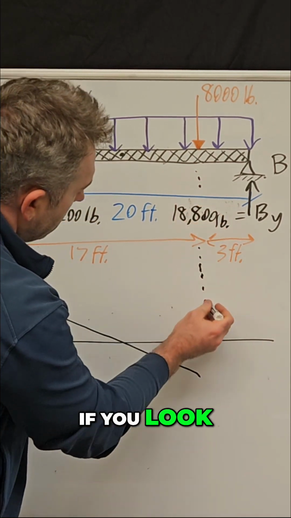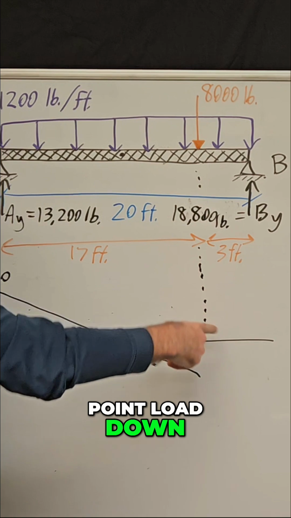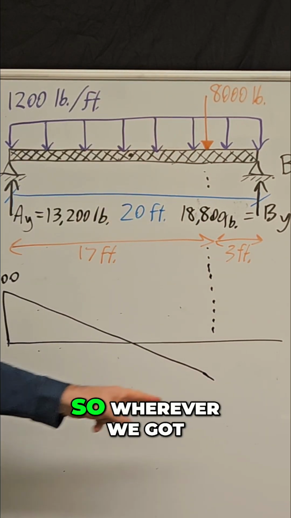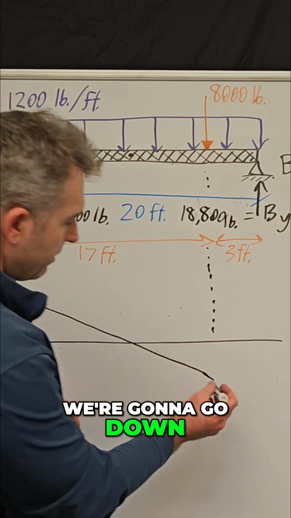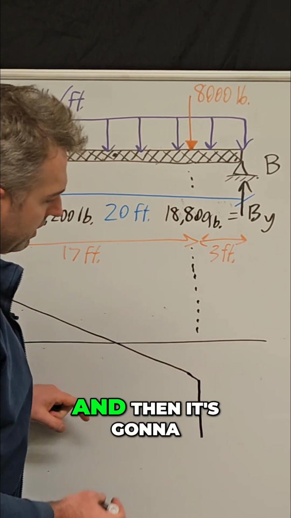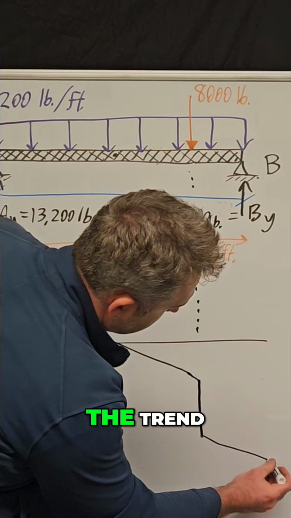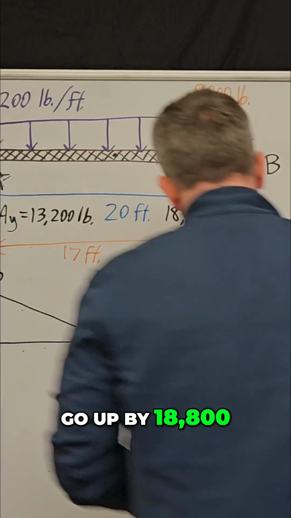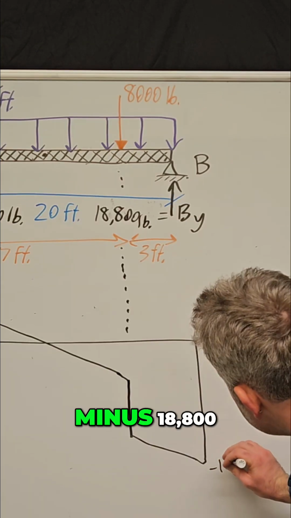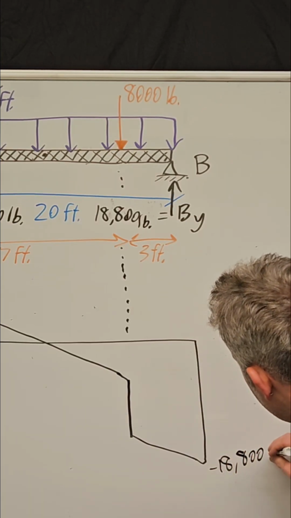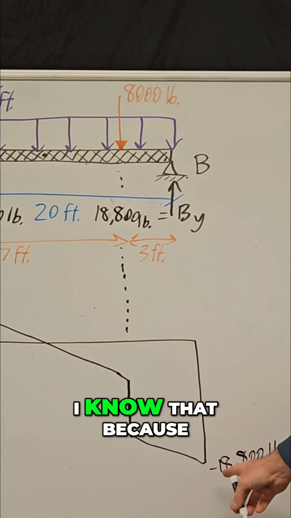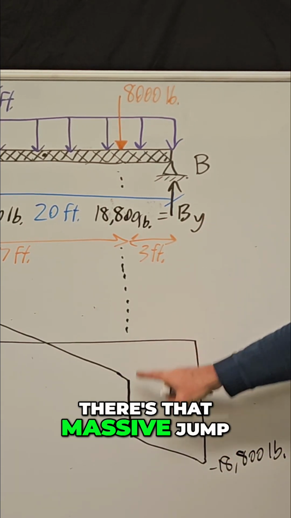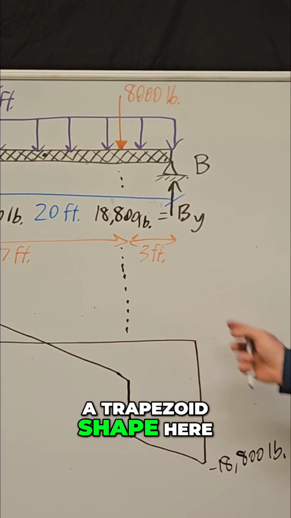If you follow this point load down, when you get to this point, there's suddenly a massive drop of 8,000. So wherever we got to here, we're going to go down another 8,000. And then it's going to continue following the trend it had before. And then at the end, we know it's going to go up by 18,800. So that means I know it's going to be at minus 18,800 when it gets down here, because it's going to jump by that amount to get back to 0 at the end. There's that massive jump, and it creates a trapezoid shape here instead of a triangle